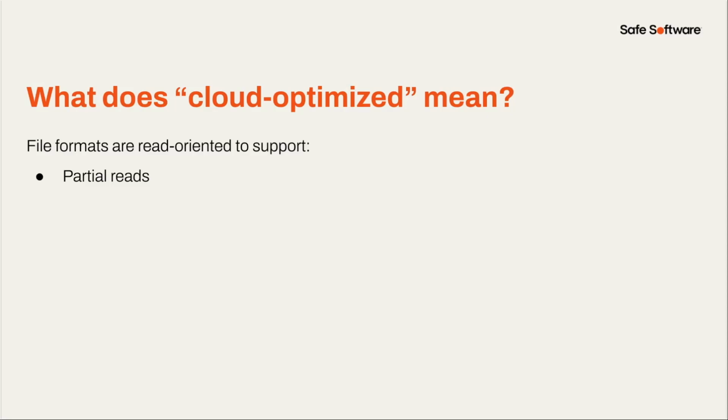An analogy I like to use is if you're watching this recording of a webinar on YouTube, you don't really want to download an hour-long video before you watch it. You just want to start watching it bit by bit. And so the concept of streaming is representation of partial reads. So you can watch minute by minute throughout the video, or if you want to skip around, you can do that as well. Parallel reads is also part of this. So just being able to have the power to do things in parallel of reading in the data. And so that just increases the speed of reading that data.